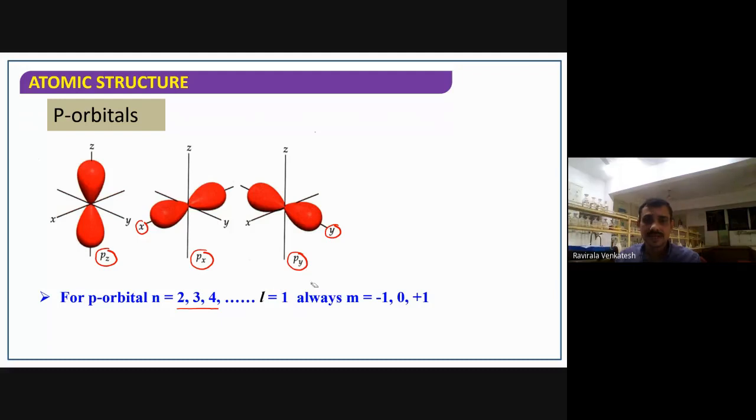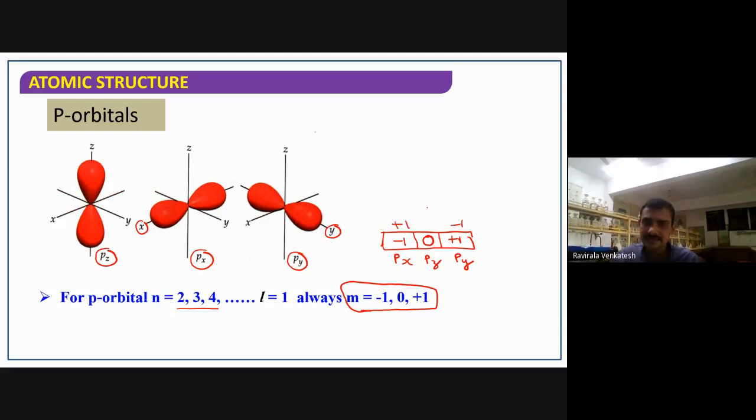Next, what are the m values we are going to get here? -1, 0, +1. We already discussed this in the magnetic quantum number many times. Again, I am drawing this. There are 3 orbitals: one is Px, another is Pz, and the next one is Py. The middle one I have taken as 0. In the last video I told you, z is taken as 0. This will be -1 and this will be +1. You can also write +1 or -1.